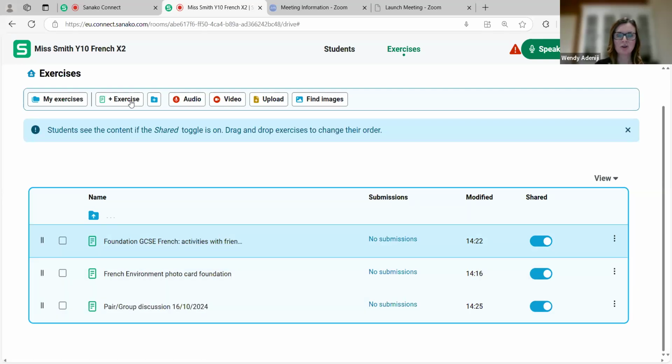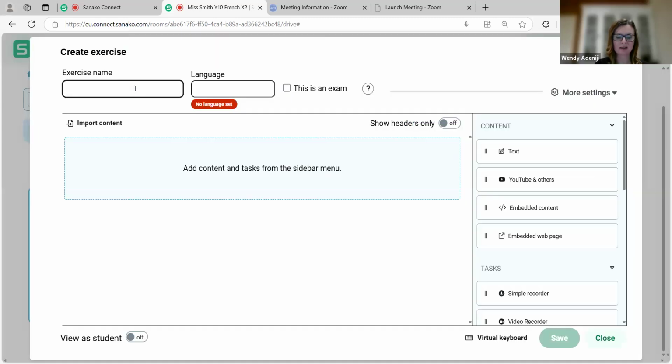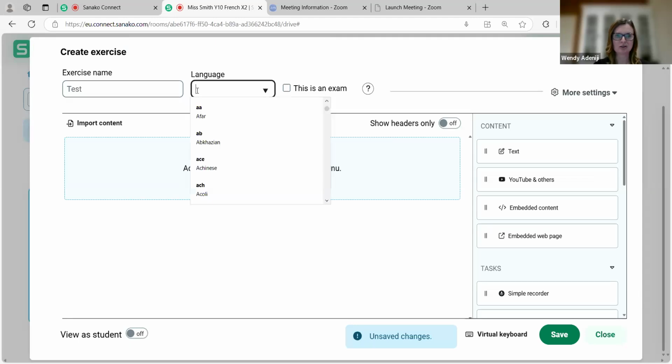And I'm going to show you now how to use the new exercise way of working. So if I click on new exercise, I'll just call it test. I could choose the language, save it. And differently from